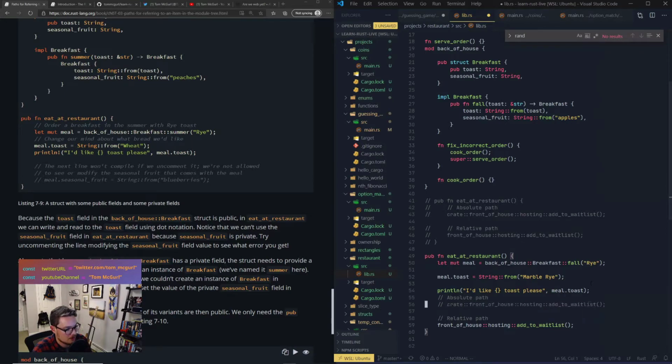And let's just comment these out. So here we can see, in this example, they're saying the next line won't compile if we uncomment it. We're not allowed to see or modify the seasonal fruit that comes with the meal. So let's first run it with that. Let's try to do that first, just so we can see. So we're going to do